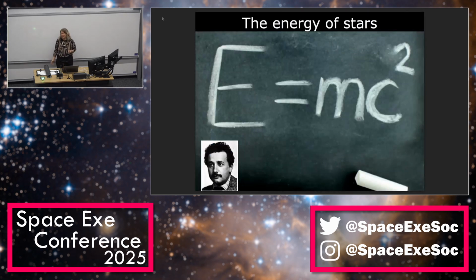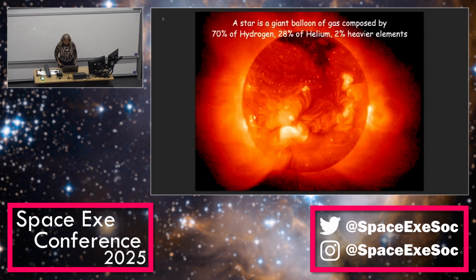First of all, where does the energy of stars come from? If you are an undergrad student, certainly someone has proposed to you that the equation of Einstein, E equals mc squared, is actually what's happening in the core of stars, with some appropriate coefficients that are related to the specific type of burning, but at the end of the day, stars are converting matter into energy following this equation. So the star,